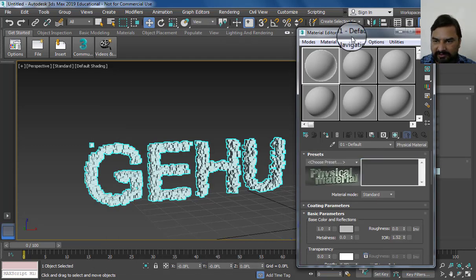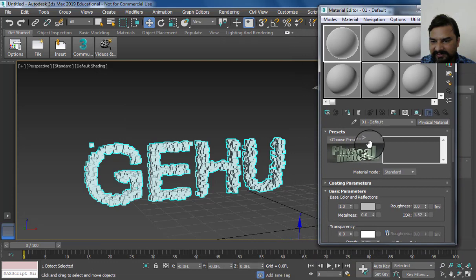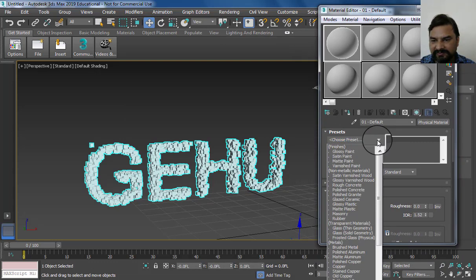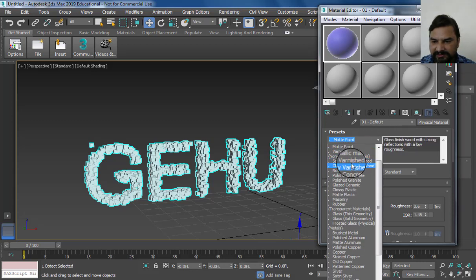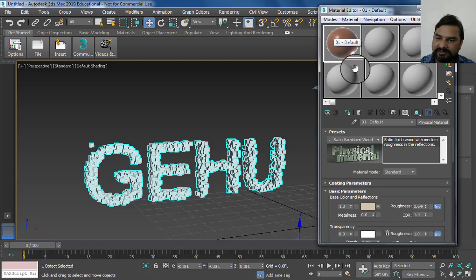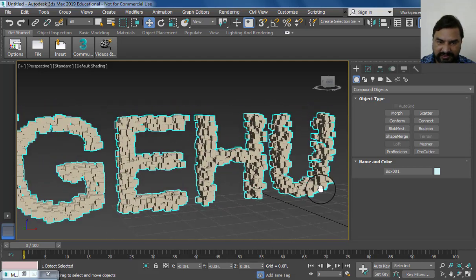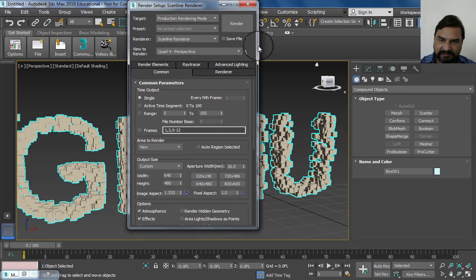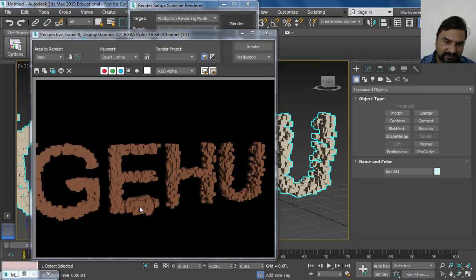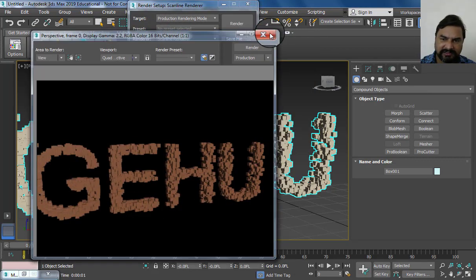Now we have different options to create different materials here, like matte paint. We can simply drag and drop it onto our text, then press render, and we get a render that looks like this.